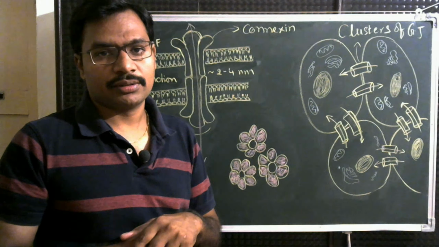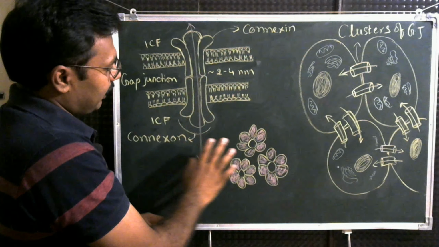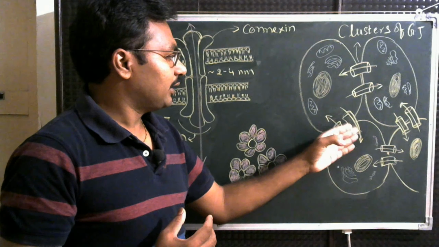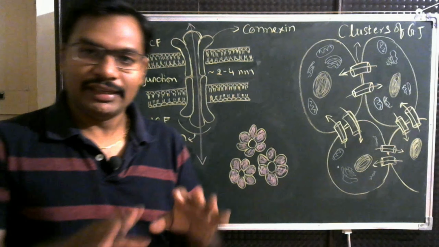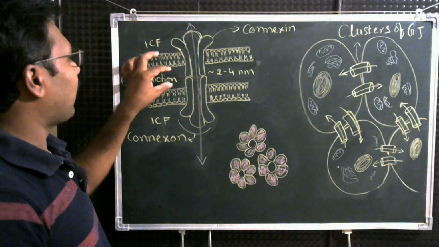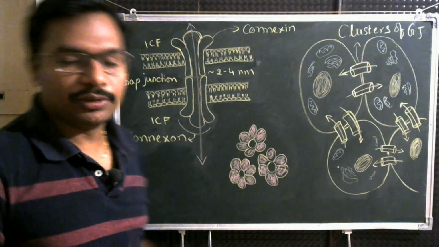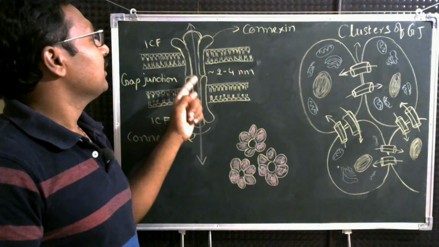So this is the axial section of the gap junction where we can see only three subunits of the connexins. And when you look at the transverse section, we can see the gap junctions in a cluster arrangement between these cells. So this is about the gap junctions. In summary, gap junctions are low resistant bridges. They create a gap between the two adjacent cells when they unite together, approximately 2 to 4 nanometers. That's the reason why these intercellular channels are given the name gap junction.